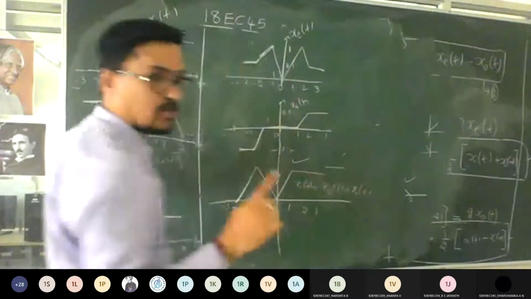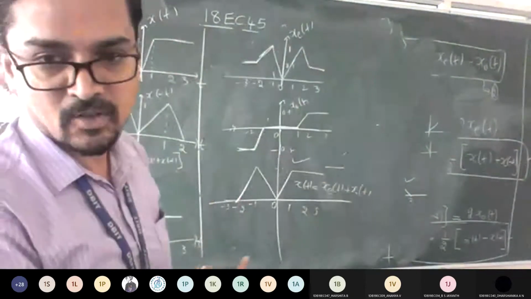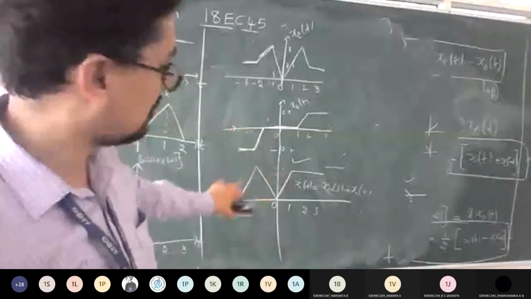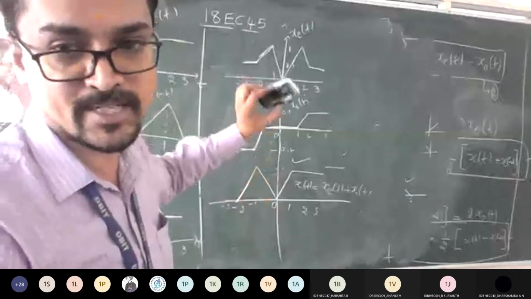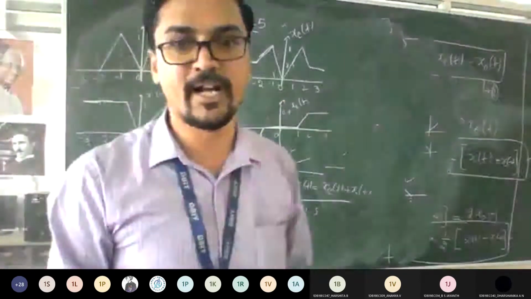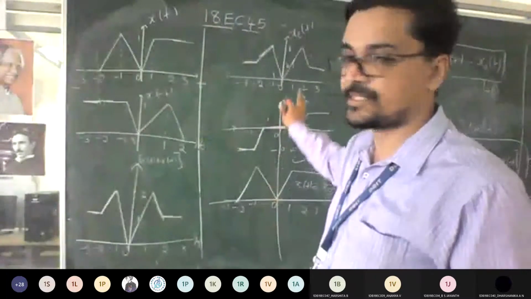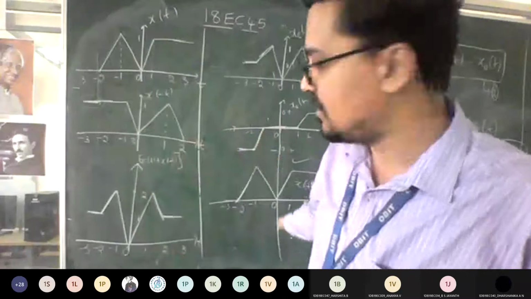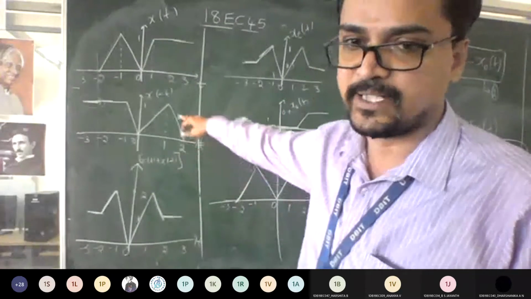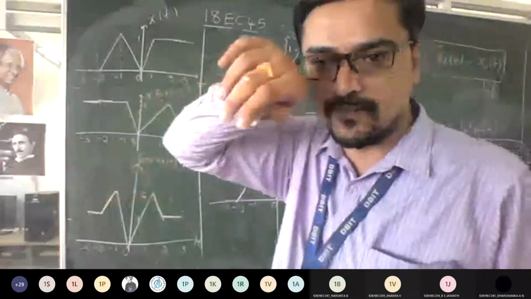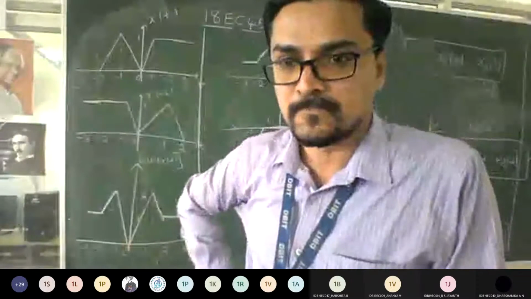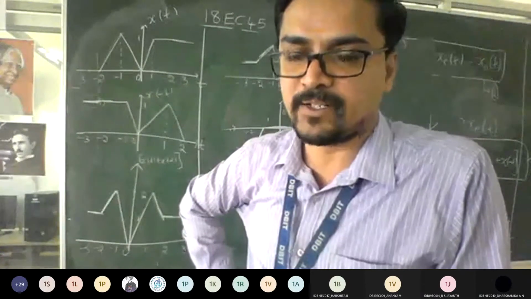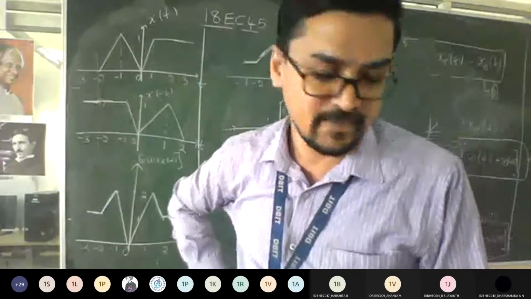See, this is done for your verification. No need to show in the exam. For your simplicity, to check whether what we have done is right or wrong. If you do the addition of these two, you will get it, that's it. That will tell you whether you're going to get 8 marks or not. So this is for your reference. You can write this in the rough side, and if you're satisfied with what I did, then you can go ahead with the next problem. Is it fine, guys? Everyone till here? Yes, sir. So I hope you got the logic of how to find odd and even components now for any given sketch.